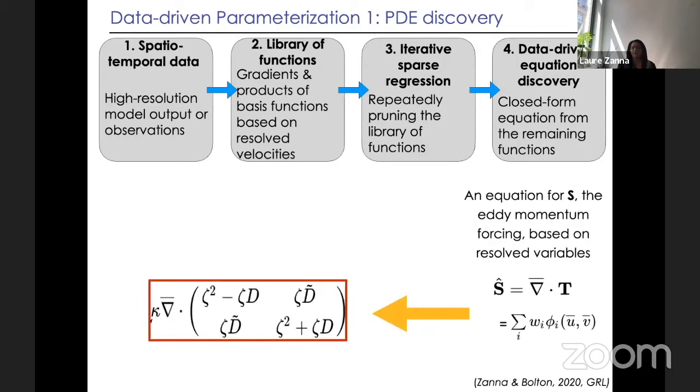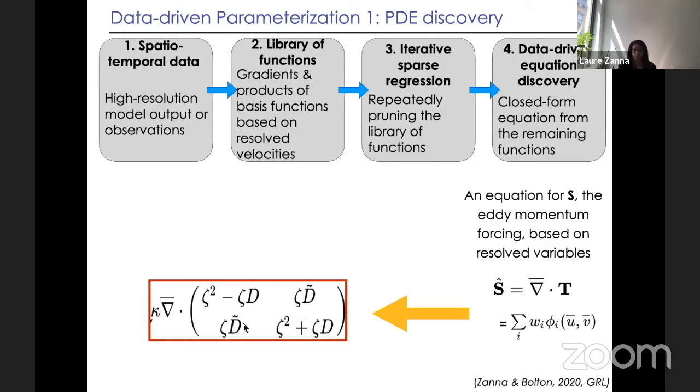As a final product, we built a library of functions that should all be written as the divergence of a flux, which means that we've embedded within the math conservation of momentum. So what do we get? Well, we get basically a sum of weights multiplying a few functions. And the weights were quite close to one another. So we decided, just for simplicity, to combine them into one mathematical piece.